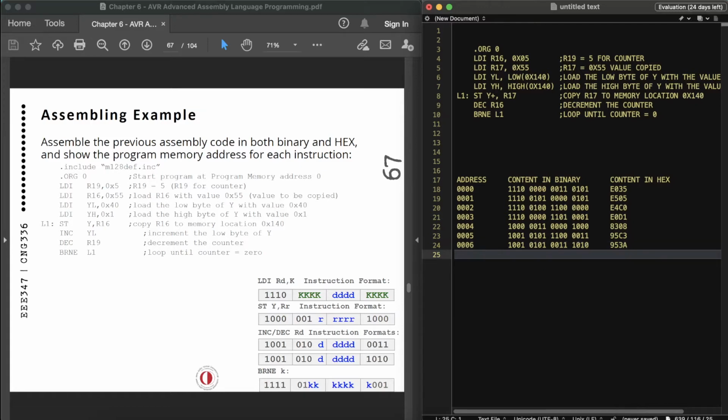And the last instruction is the branch instruction, which is 007. So the branch instruction starts with 111 and then 01. So the branch value that we need to have, now we have to think about it carefully. Where do we need to jump? We have to jump back 1, 2, 3